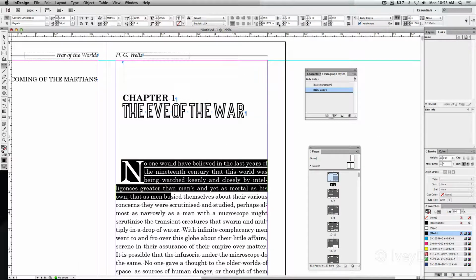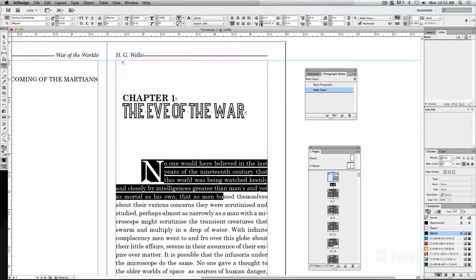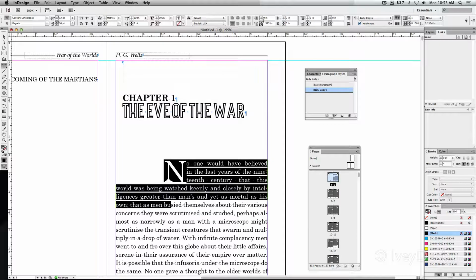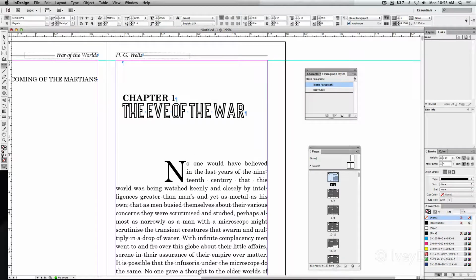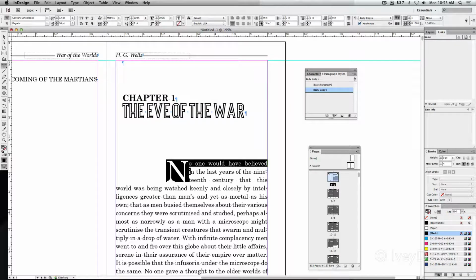Let's do something even more fancy. Let's say this one has a first line indent that goes almost all the way to the middle of my page. That looks pretty good by itself. Maybe a little bit more. There we go. All right, I've already got my Chapter 1 saved, so now I need to save these paragraph